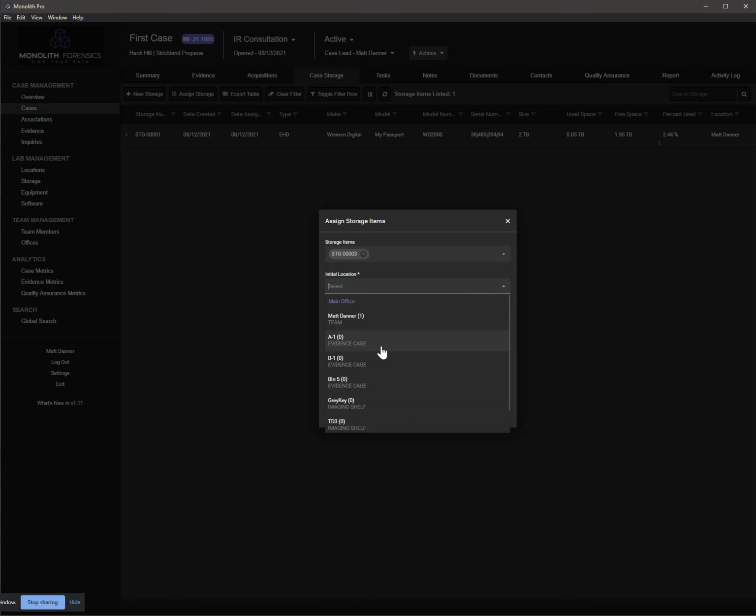We're going to set our initial location. So this is going to be the start of the chain of custody. So I'm going to set the initial location as myself. This is typically what should be the case when you're doing this, is you're saying the initial location is me because I grabbed it out of our storage cache. And then you can set the timestamp to whatever you want,